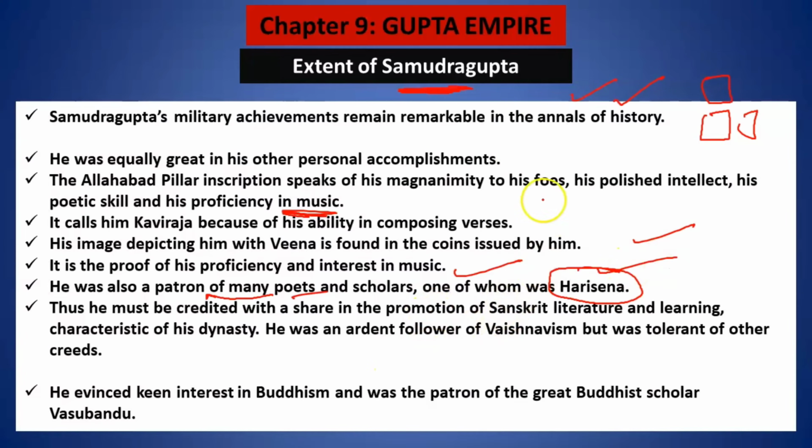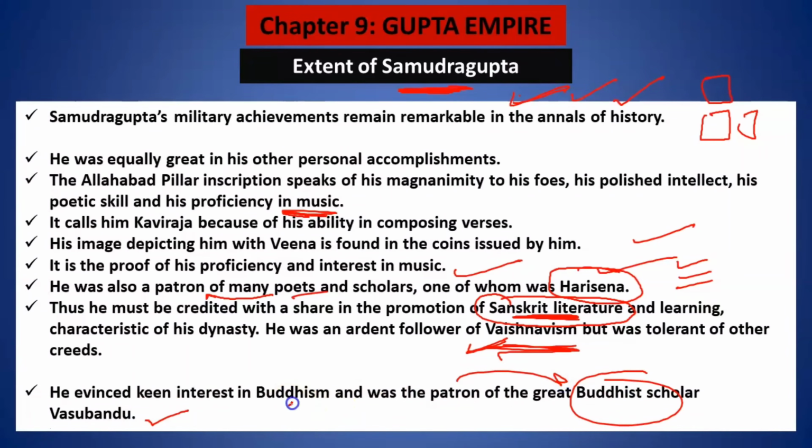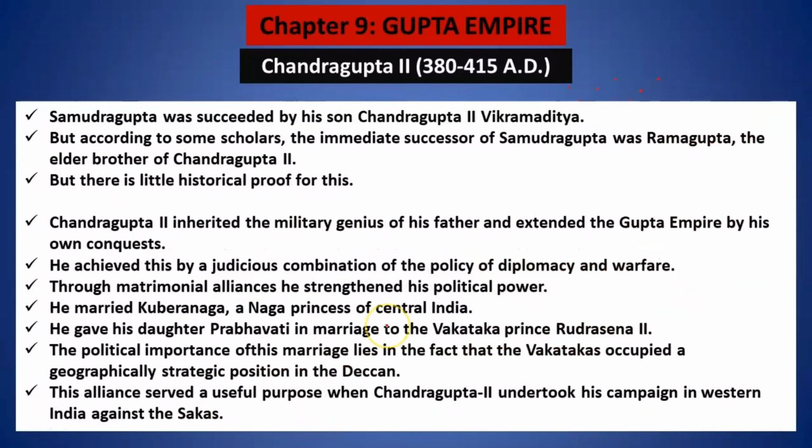And he is also remarkably famous for promoting Sanskrit literature, obviously because he was promoting Brahmanism, and hence as a result Sanskrit literature को तो बढ़ावा मिल ही रहा था, वैष्णविज्म को भी बढ़ावा मिल रहा था, ये बात भी हम कर चुके हैं. Now, though he was promoting Vaishnavism a lot, still he was a liberal king. Why? Because Vasubandhu, who was a Buddhist scholar, he patronized him also, and he had keen interest in knowing about Buddhism as well, though he was a follower of Vaishnavism.